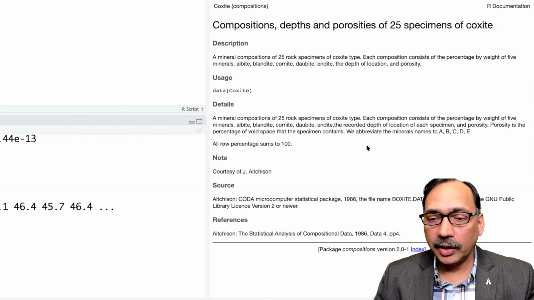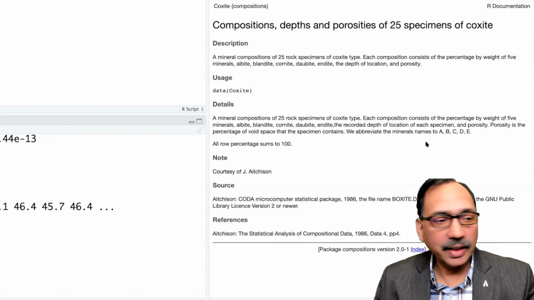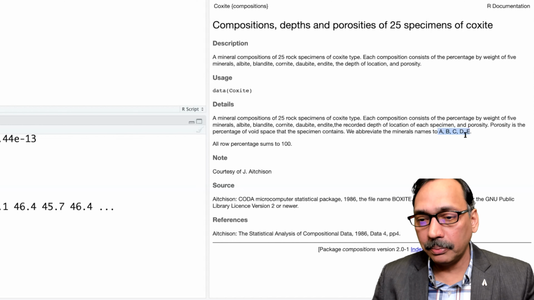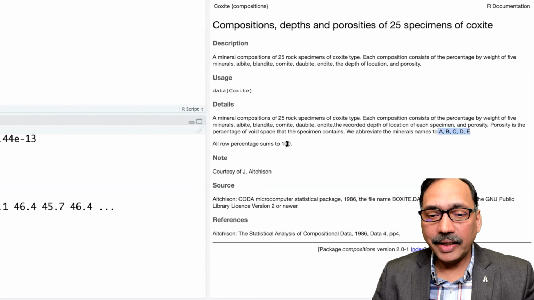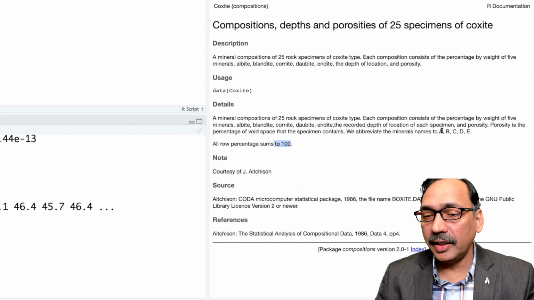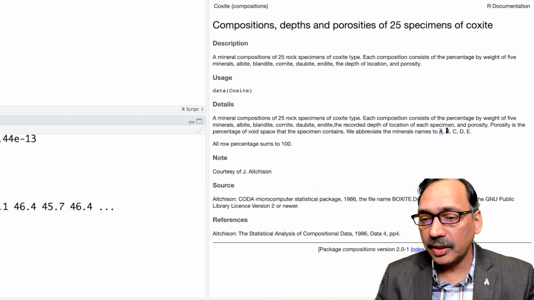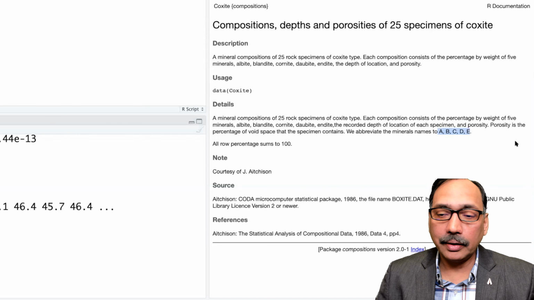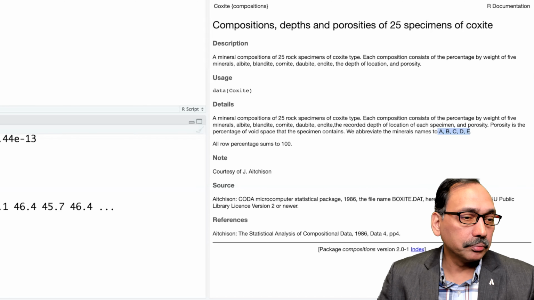Now, one key thing here is that these variables A, B, C, D, E, these 5 variables out of the total variables, add to 100 because these are percentages, like what percentage is A, what percentage is B. So all 5 together, it's 100%.